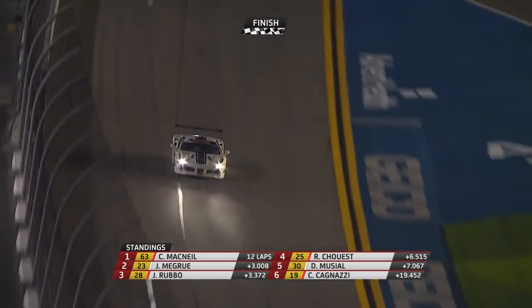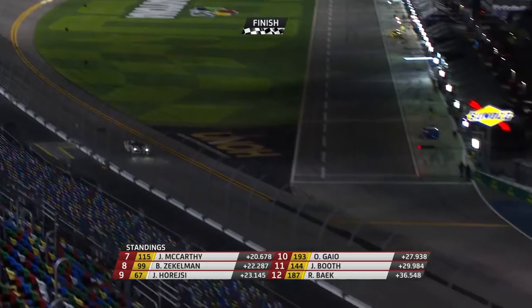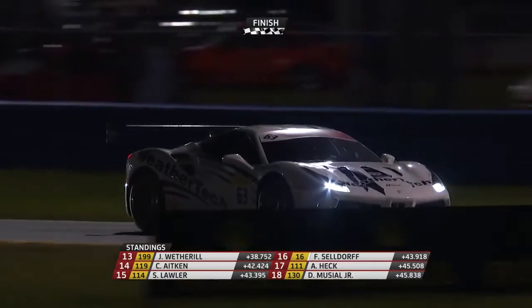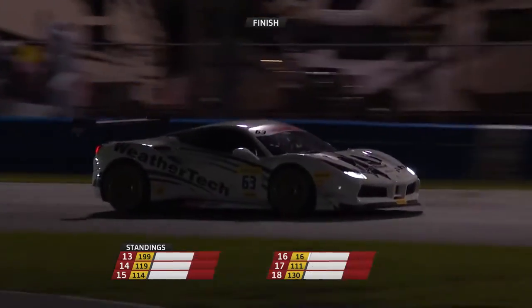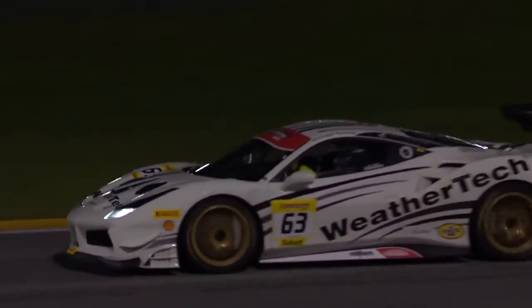What a start to the season it will be for him. There's just a few meters of tarmac to do on this hallowed Daytona International Speedway as he heads towards the checkered flag and takes it. Brilliant drives. So Cooper MacNeil then, P1, race winner overall, ahead of John McGrew. To give you the top three in each category then, Cooper MacNeil for